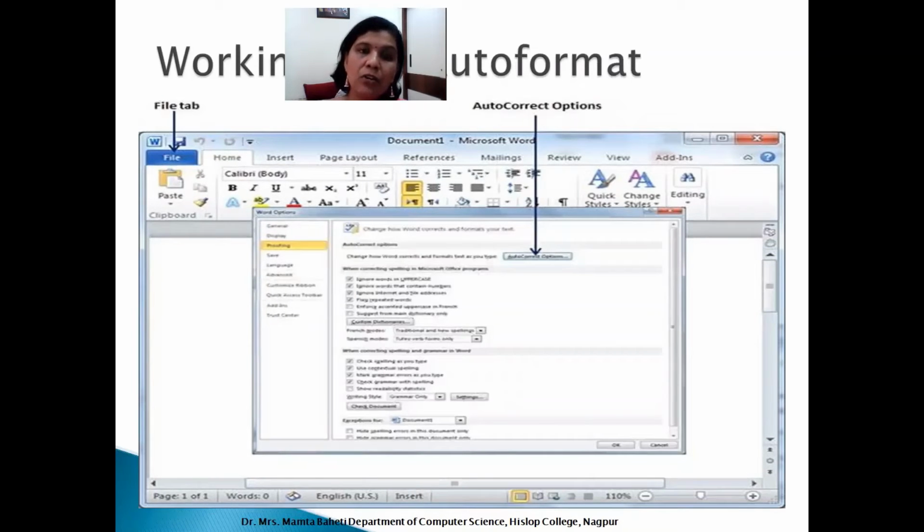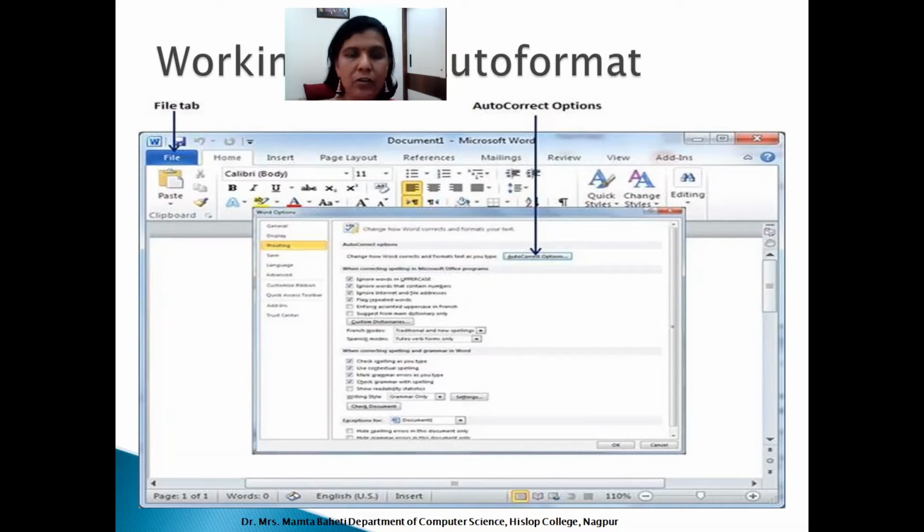Next, you can apply the auto format. Friends, many a times you might have observed, I put 2 or 3 equal to signs and press the enter key. The moment I press it, a complete line is displayed. Or I put 2 minus signs followed by a greater than sign, and an arrow is displayed.